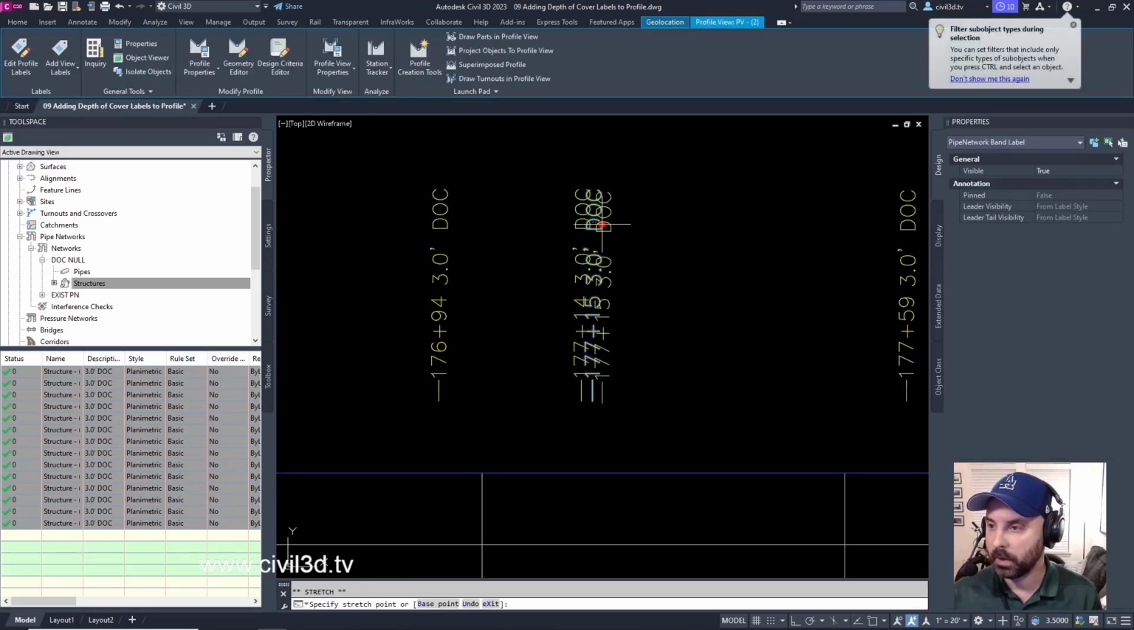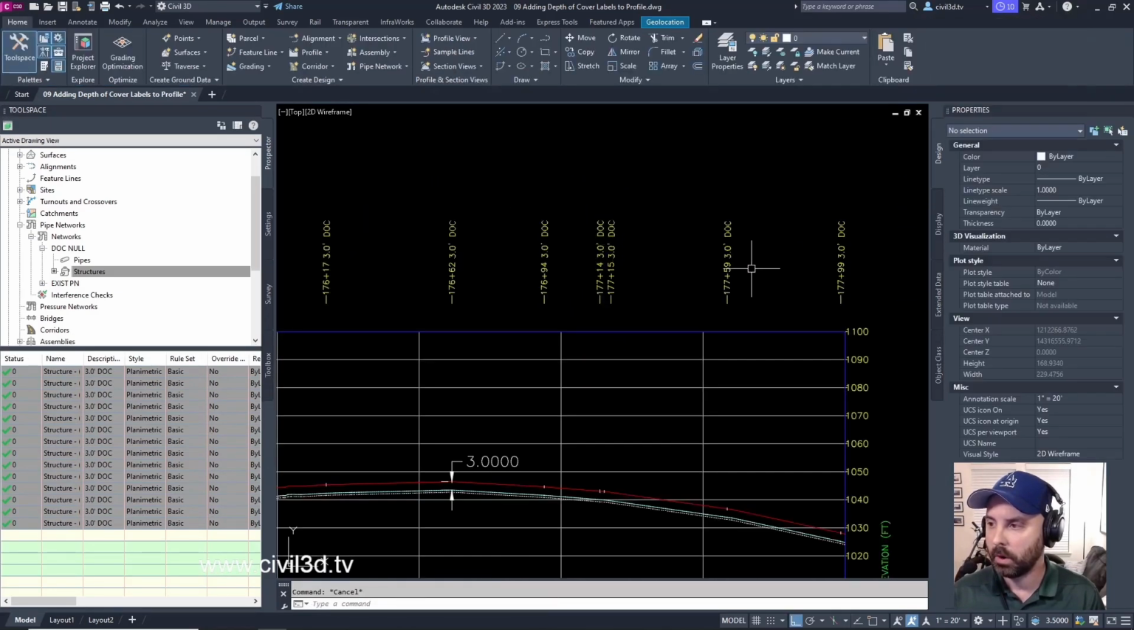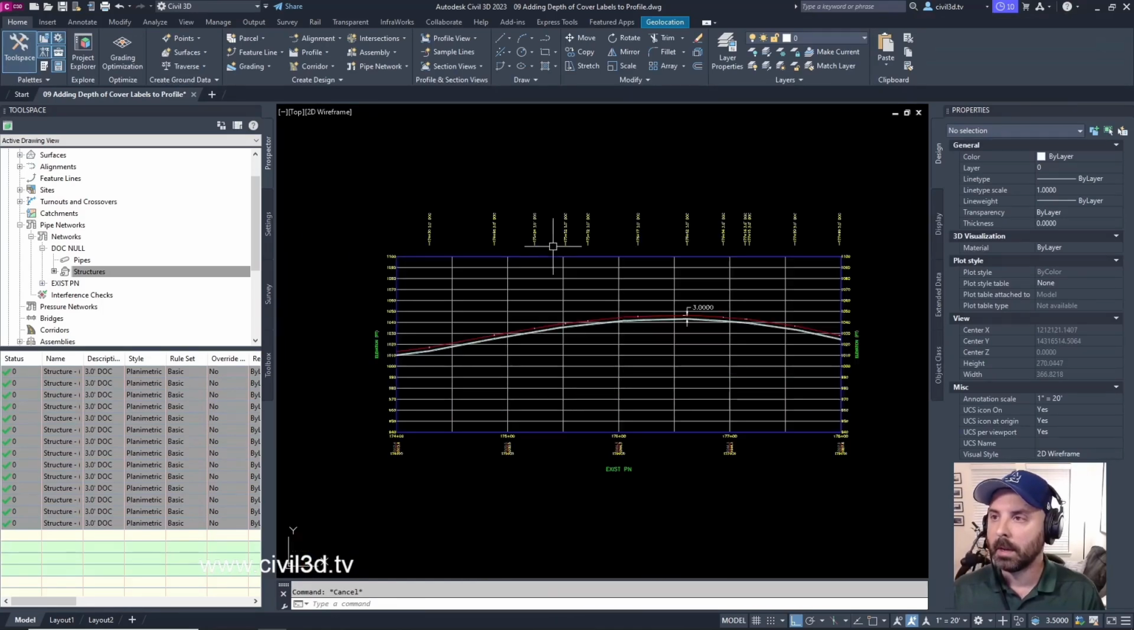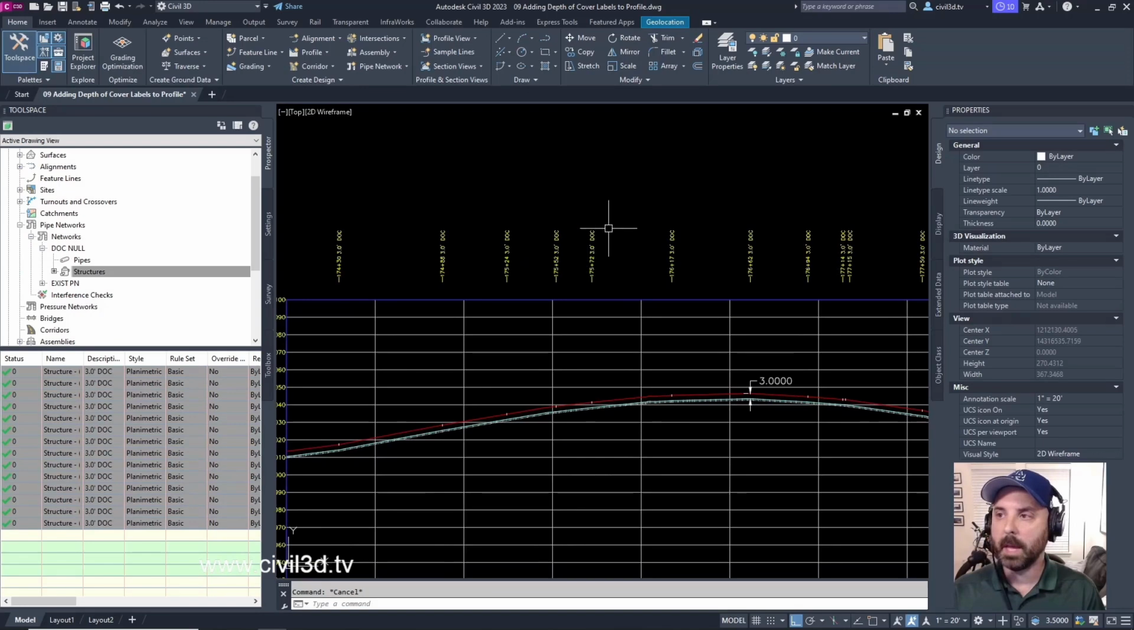I'm going to click and drag with this grip with my ortho on, just so that we have no label overlap. And there you have it. So this is just a way to be able to add depth of cover labels to your existing pipeline profile